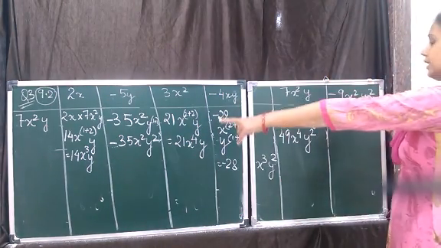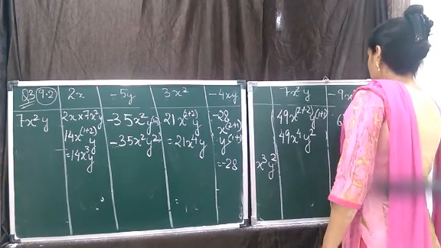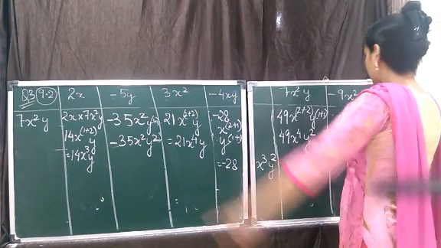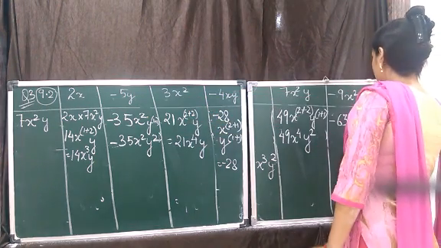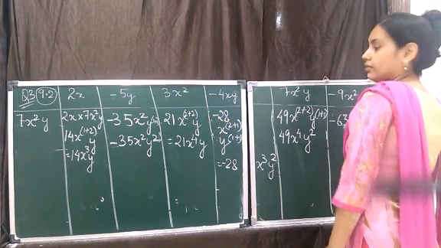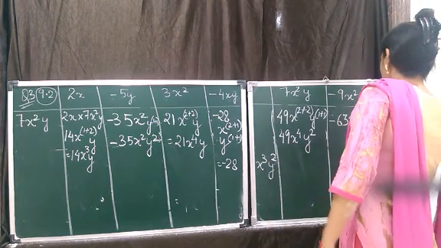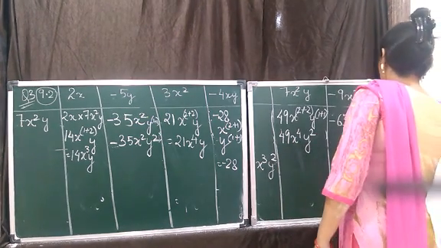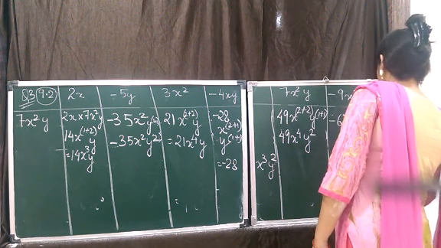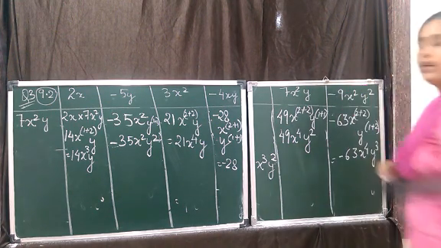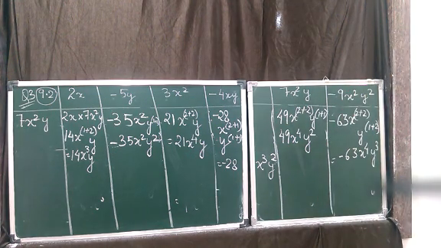Then 7 9s are 63. Plus into minus is minus. Power of x will again be added. Then power of y will also be added. So the answer is minus 63 x to the power 4 and y cube. Okay. So this completes